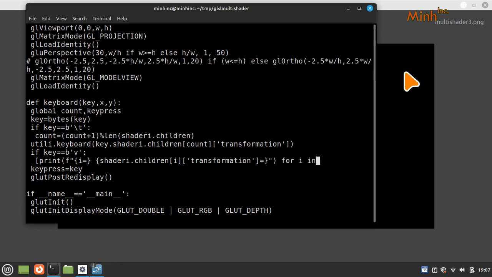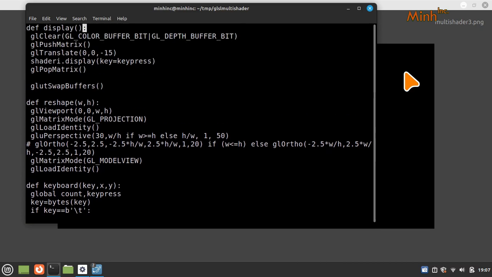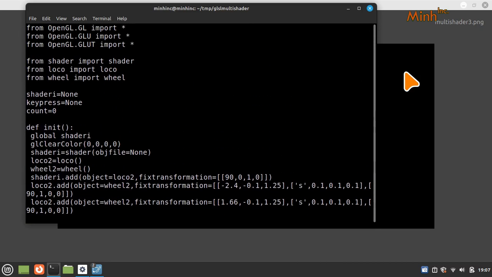Okay, so for I in range len shader I children. Okay, so I believe it's nice. Whatever shader right children we have for that transformation, typically we can print other attributes. Okay, so what is pending is we have to initialize the